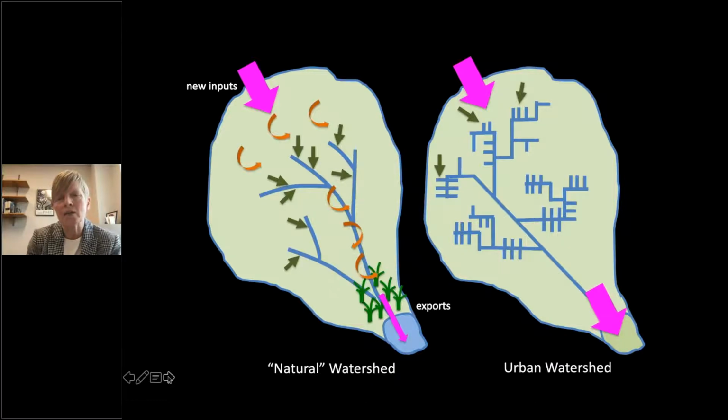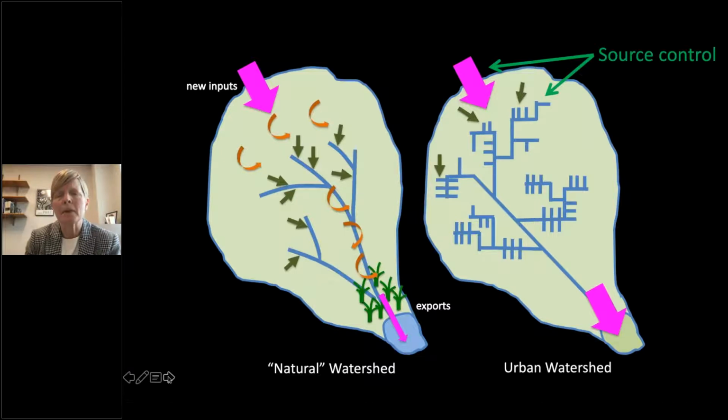But if we're thinking about source control for phosphorus, I'm going to argue that we need to think about it at two different scales. And I think this relates back to what Karen was talking about. So, true source control is really focused on trying to reduce phosphorus inputs to the watershed. And I know there are a number of places where there are restrictions on phosphorus fertilization and use of phosphorus in fertilizers, for example, in lawn fertilizers. And we have that kind of true source control in the state of Minnesota, where we have a restriction on lawn phosphorus